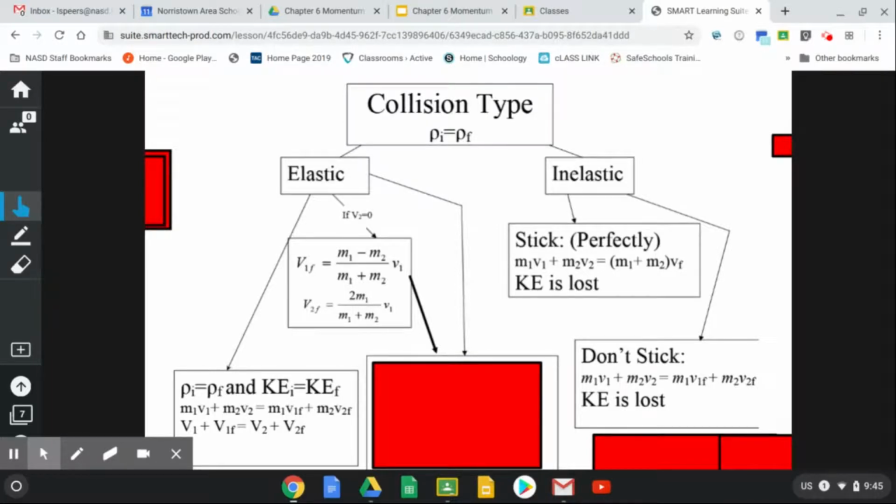The final example is what happens if m2 is more massive than m1. So let's take our same bowling ball, and this time let's throw a baseball, or even better yet, let's throw a marble at it. Okay, so the bowling ball is much more massive than the marble, but the bowling ball is at rest. The marble is going to come flying in with a velocity. So what happens when a marble hits a bowling ball? Okay, think about it. The marble goes flying backwards in the opposite direction, and the bowling ball might move forward